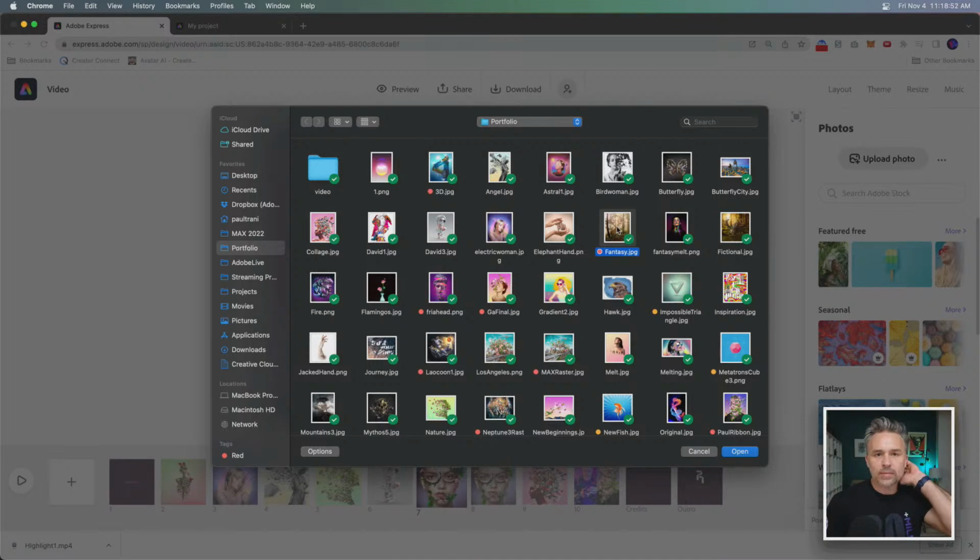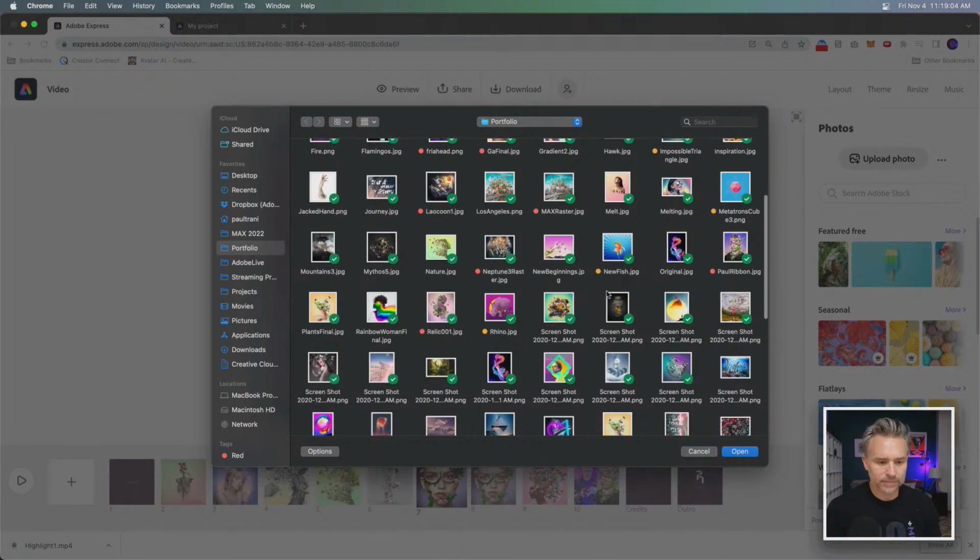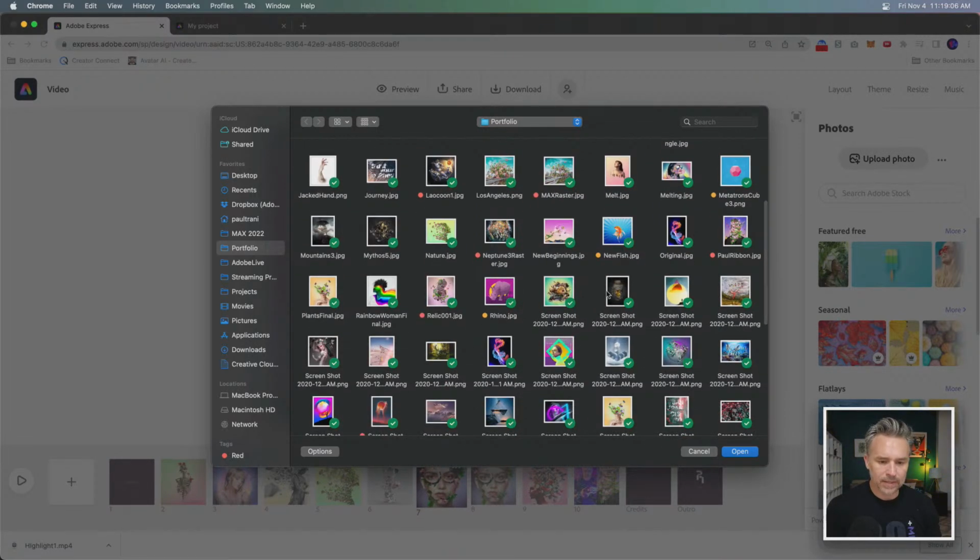The fact that it automatically adds transitions is what I like. And they're all different. I think it's kind of cool. Ooh, I like this one.